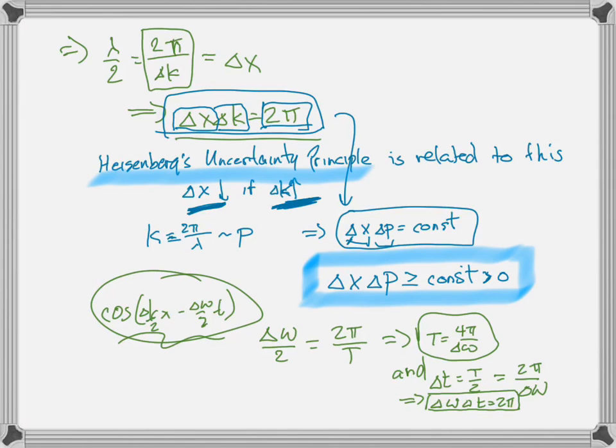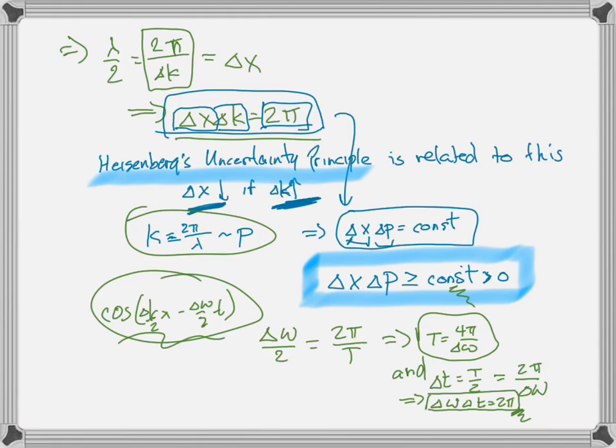And frequency, we will see later, just like wave number was like momentum, frequency is like energy. So you can either know when it arrived or what its energy is, but you can't know both exactly. That's also Heisenberg's uncertainty relationship. And again, while we figured out this particular wave packet was equal to 2 pi,